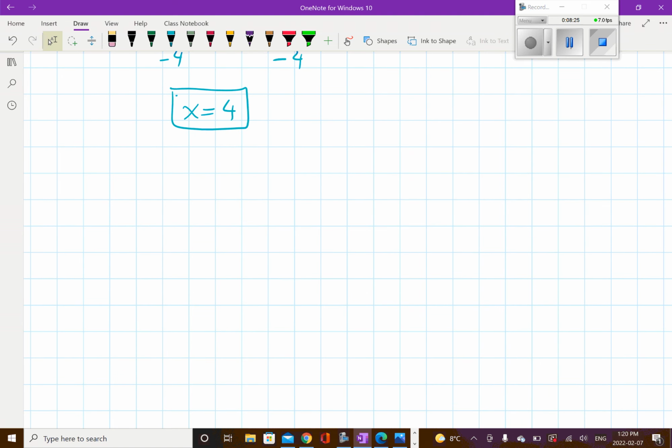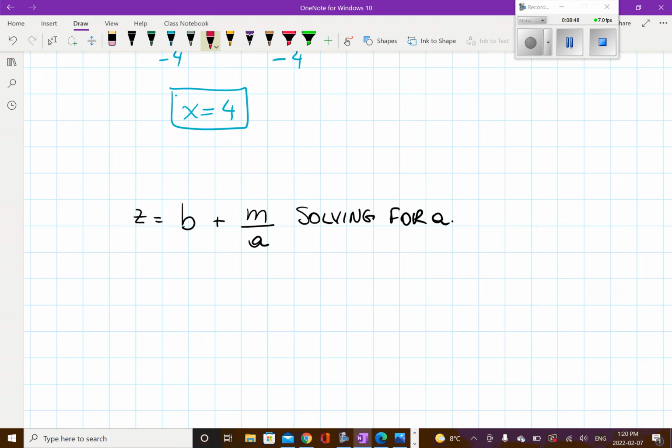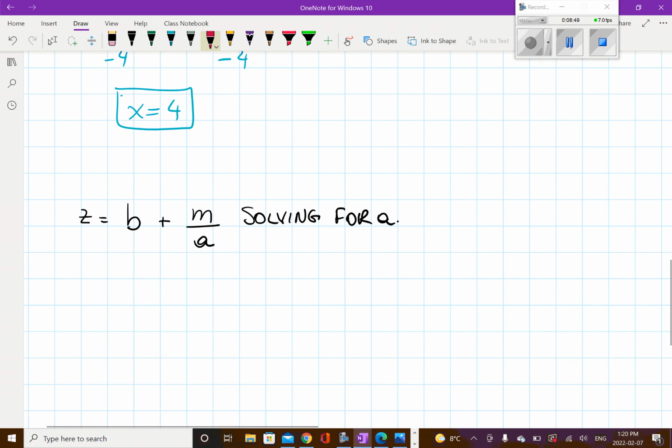So let's suppose that we have z is equal to b plus m over a, and what we are doing here is we are solving for a, and this is exactly the same, and we'll solve it side by side so that you can see